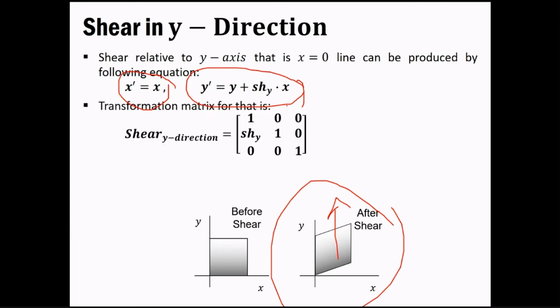Now, obviously we are taking the shear y value, so our transformation matrix will change. You can consider this transformation matrix if you want to shear in the y direction. Again I'm telling you, things are very simple. The transformation matrix is the thing you need to remember. Whatever direction and whatever values are given to you, everything will be there in the question. You just need to put in the things that you have.